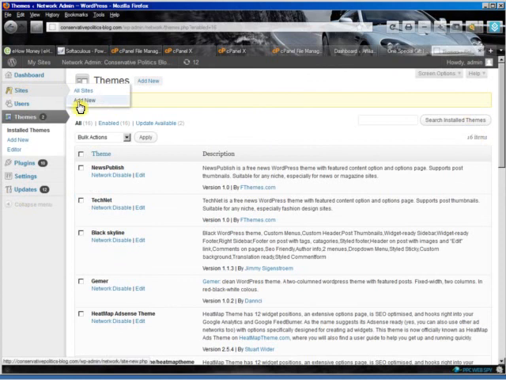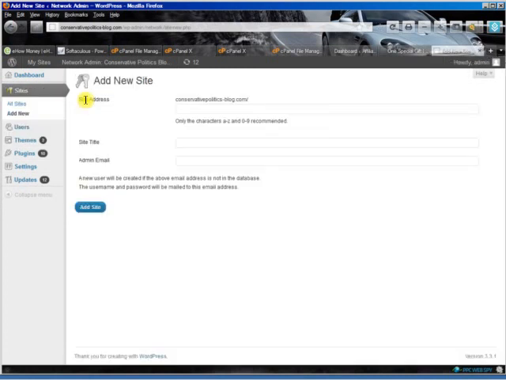Now we can add new sites, and all of the new sites on this one, because it's a subfolder domain, will start out conservativepoliticsblog.com/ and then whatever we want to put in there for a new site. So if we want to build a site about Ron Paul, who is a conservative running for president, so let's see, Ron Paul,